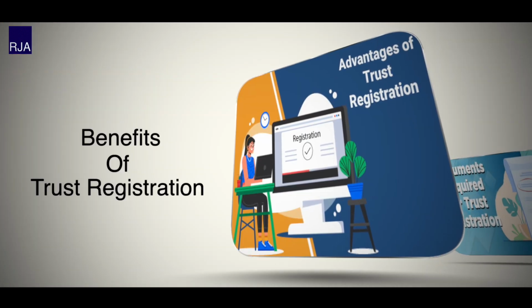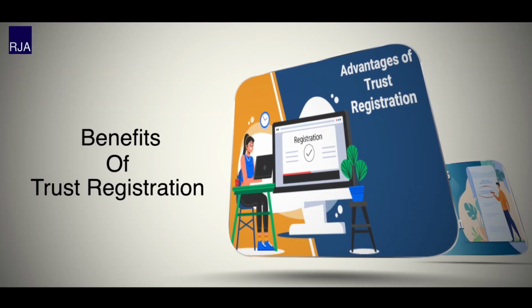Now once a trust is registered, there are certain benefits which the society, donors and the trust itself can reap. Some of these benefits are as follows. First of all, the trust works towards charitable objectives. Also, the income of the trust can be exempted in certain circumstances. Apart from this, a trust provides support and help towards the poorer section of the society and helps in the upliftment of the society. Next comes the legal recognition under the law: since a trust is registered under the Indian Trust Act 1962, it will be safe from any legal hindrance.